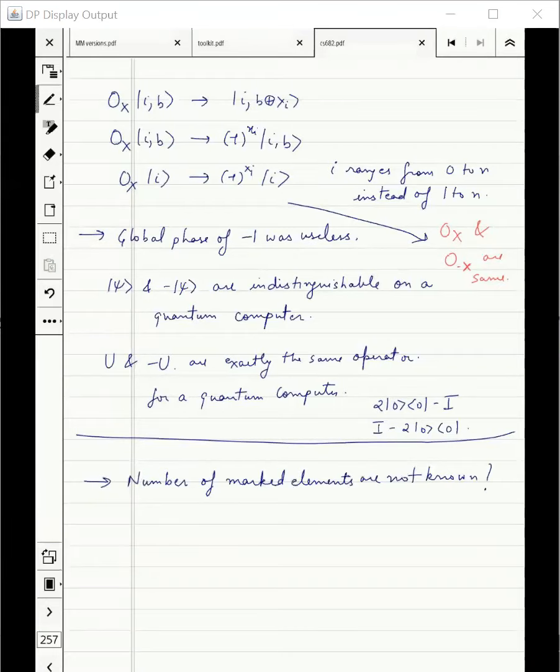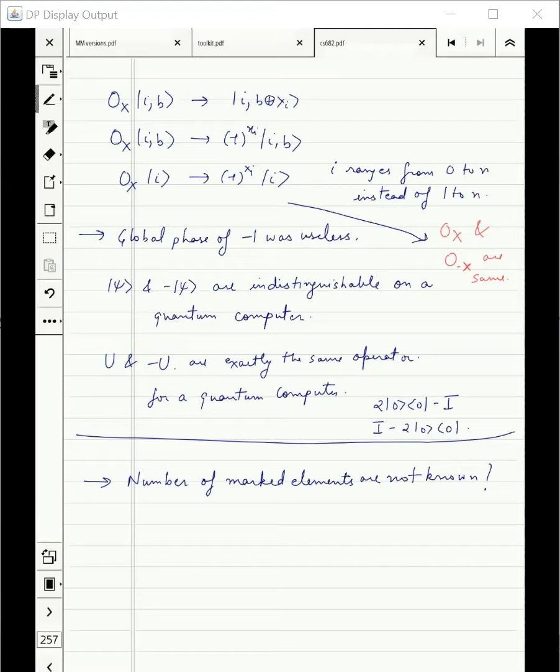When you are given a list, you are looking for some special items. You don't know how many times those special items can occur. There are very few cases when a promise is given that the marked element will only appear once. In general, when you're searching in a list, what you are searching for can appear once, twice, thrice, and so on. And if that is the case, then Grover search seems to falter because we need to know